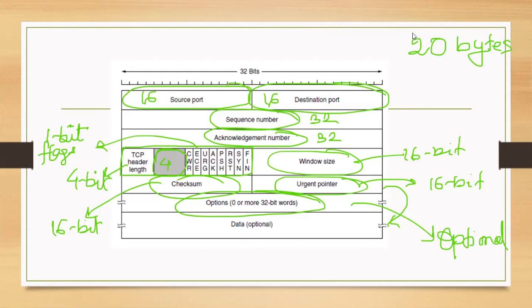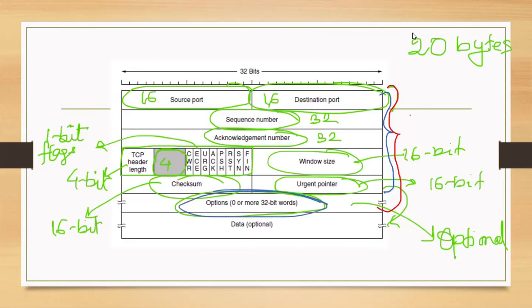And so this part is the header. Let me use a different color. From here to here is the header. From here to here is the fixed part. So the blue is the fixed part, and the red part is the full header, because the options may be 0 also.